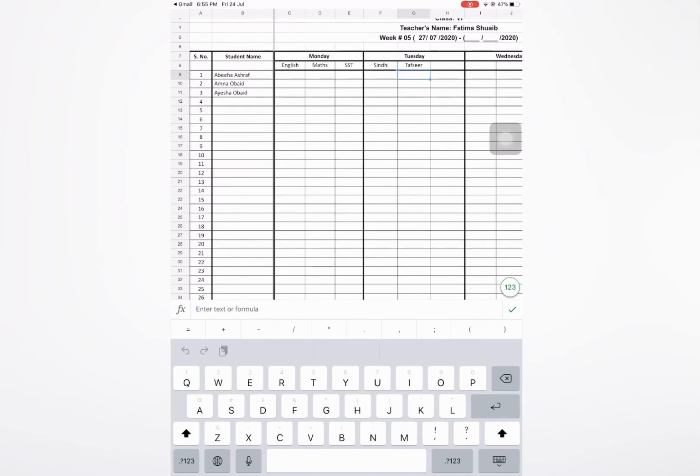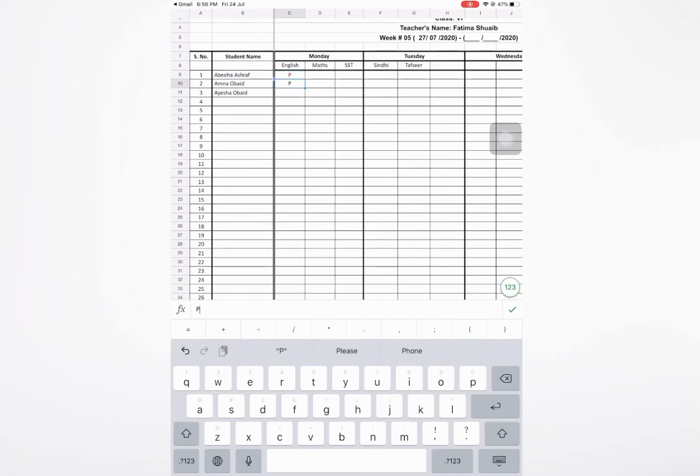The next thing we're going to do is that all the individual teachers are going to fill in the attendance of their own classes. For example, if I'm the English teacher, I'm going to start by filling in the attendance. I'm just going to write P. Where a student is absent, I'm not going to mark him or her absent with A. I'm just going to fill in the P's.